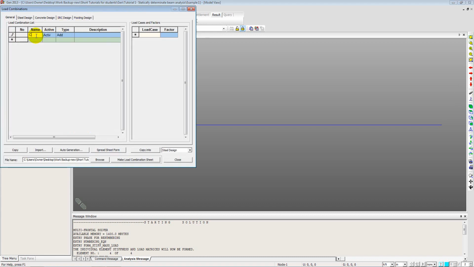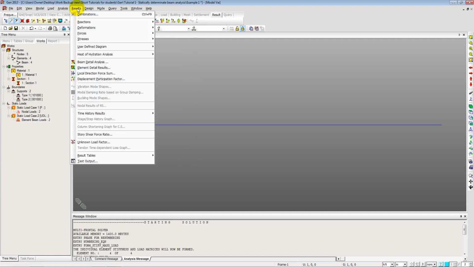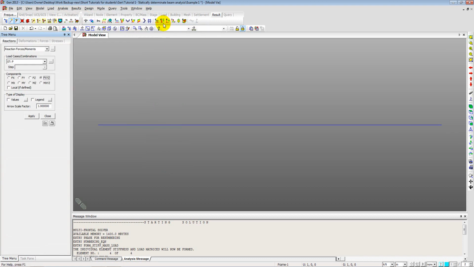So give a name, combination 1. The type of combination is additive or the summation. Load cases to be combined are P and UDL, both multiplied by a factor of 1, and then close it. Then go to results and go to reactions, reaction forces, and let's select the combination. So combination 1,